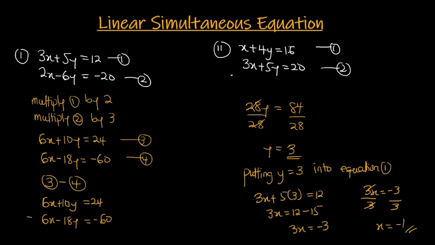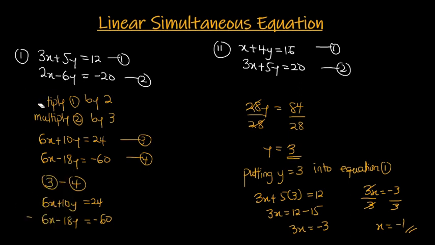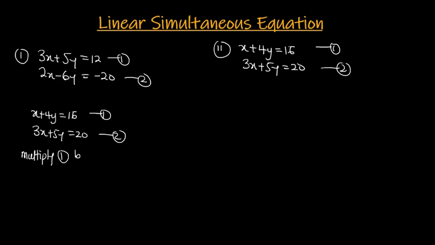Alright, so let's go ahead and solve the second aspect of this equation. So let me quickly erase. Alright, so for II, we have x plus 4y is equal to 16 as our equation 1. Then we have 3x plus 5y is equal to 20 as our equation 2. Now, I see that if I multiply equation 1 by 3 and this by 1, I will get 3x, 3x here. I can cancel easily. So I do that. So I multiply equation 1 by 3